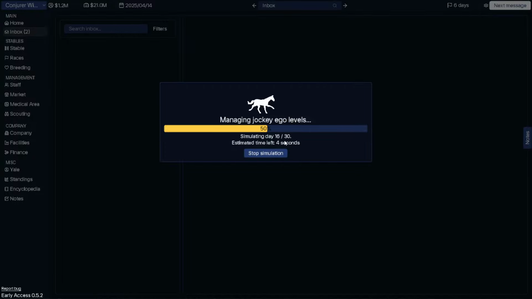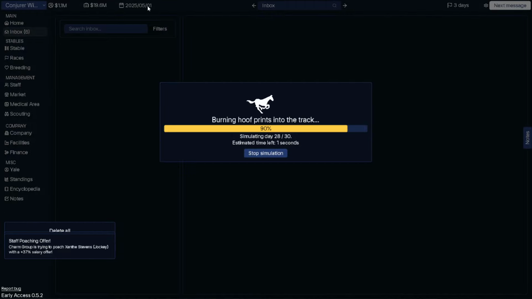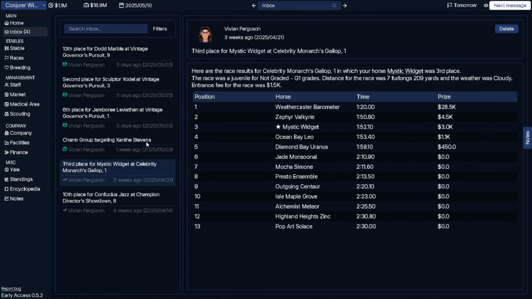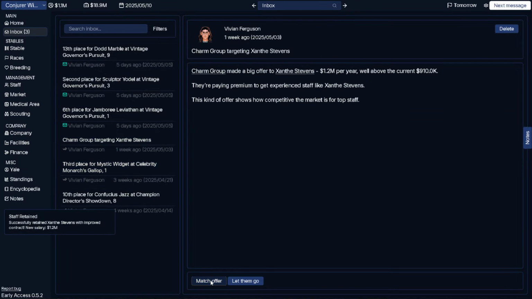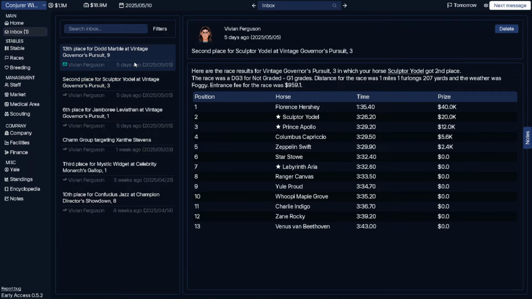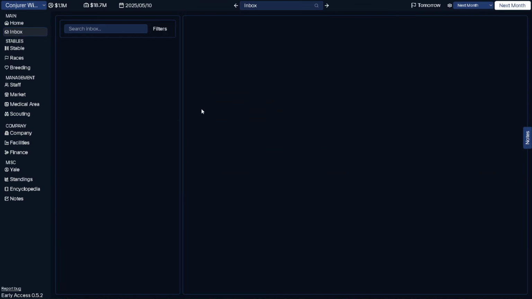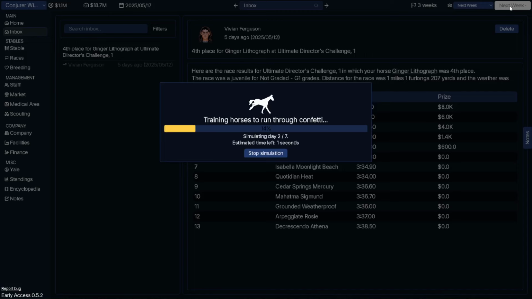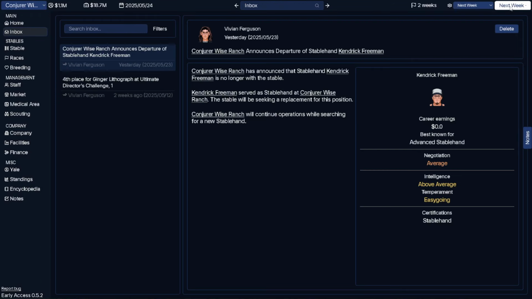In my mind then, should become 5-1, but we actually go through it. 10th place, 3rd place, match Xanthe. She'll get a new 6-2nd, 30th. That's not too bad. Yeah, I would have thought it would have gone to the first of the month and not just around. 4th place. Looks like rares are kind of...